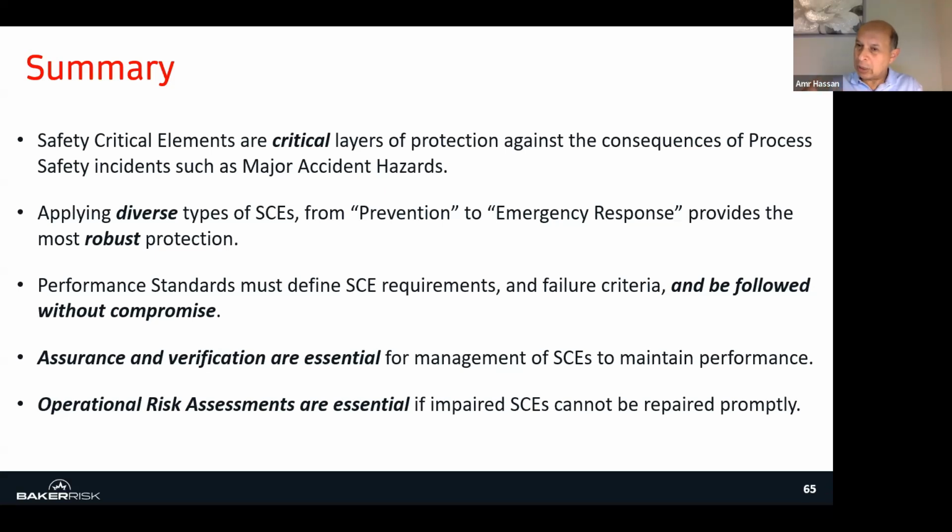So I just want to highlight this. It's very important. It's nice to have a design performance standard. It's great, but during the operation phase for aging facilities, the operation performance standard is a must. It will help you to maintain the safety of your plant. This is the first thing. The second topic I want to recap and touch on is the objective of the performance standard.